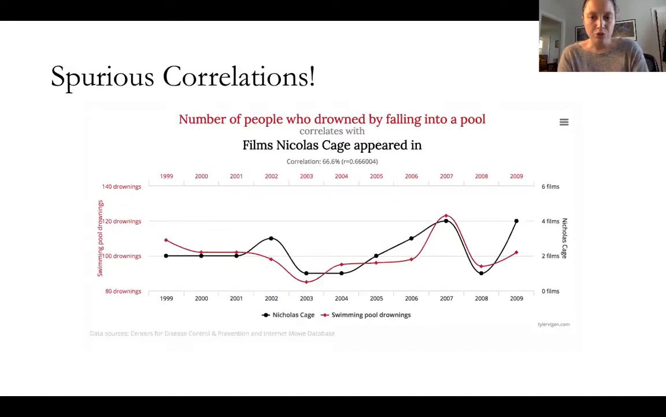The number of people who drown by falling into a pool correlates with the number of films that Nicolas Cage appeared in. That correlates at 0.66. That's not 0.99, but that's a pretty strong correlation. Do we really think that people falling into a pool has a relationship with how many films Nicolas Cage participates in? Well, maybe. I don't know. I hate him. I think he's a terrible actor. I don't get it at all. So maybe you could sell me on this one, but you guys get it, right? These things are not causing one another to happen. Okay. So